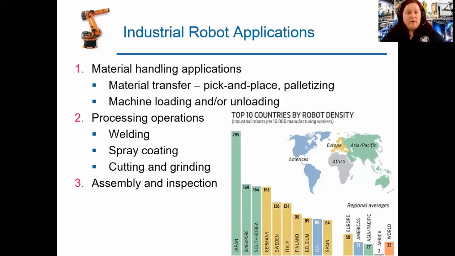So if we review where the robots live in the world, these are the top 10 countries by robot density. And imagine which is number one: Japan. Then the second one is Singapore. Then we have South Korea. We have Germany, Sweden, Italy, Finland, Belgium, US, Spain, and in regional averages, you can see how many we have